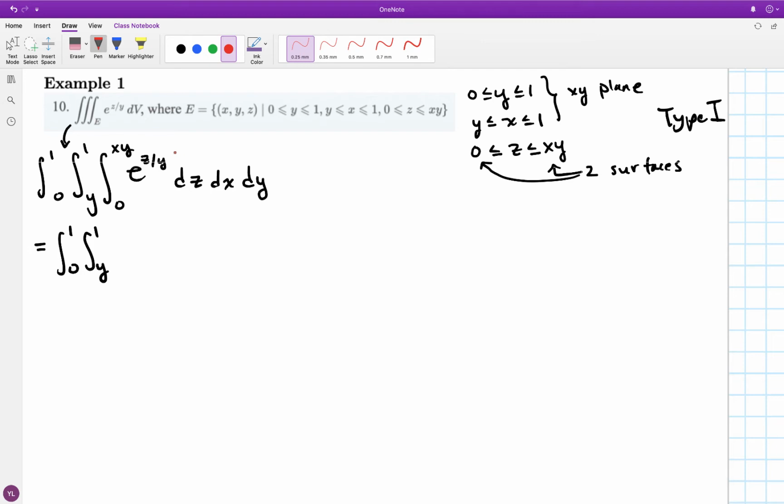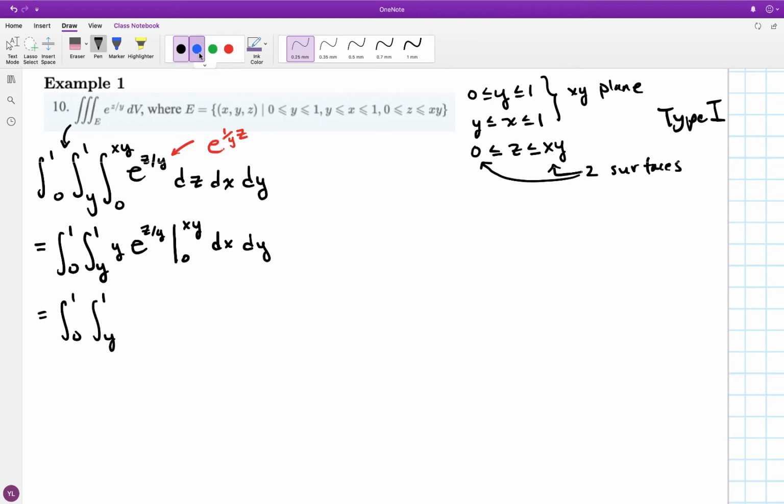Pay attention to, there's 3 letters floating around, so you really have to pay attention to what you're doing. E to the z over y is the same thing as e to the constant 1 over y times z. So integrating looks like this. Also plug in your bounds very carefully. I just integrated with respect to z, so these bounds are going in for the z variable. Also be careful when you have exponentials. When you plug in 0, you don't get 0, you get 1,